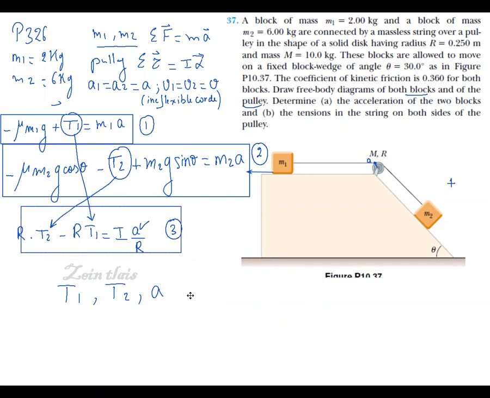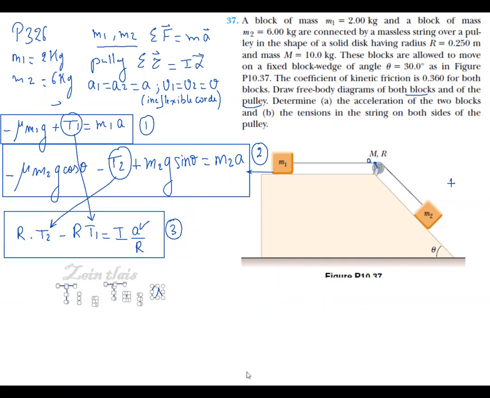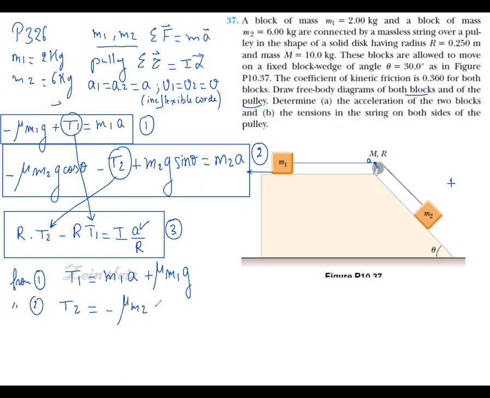So from equation 1, we can calculate T1, which is equal to M1A plus mu M1G. From equation 2, we can calculate T2, which is equal to minus mu M2G cosine theta